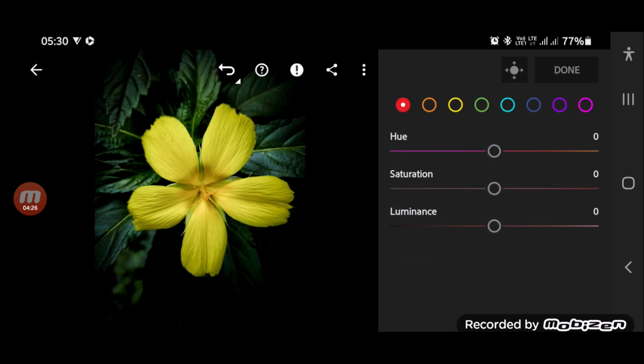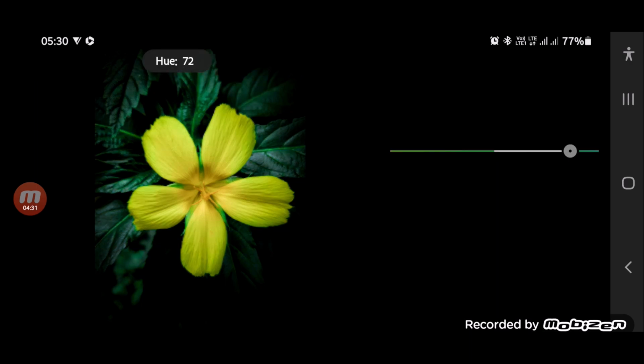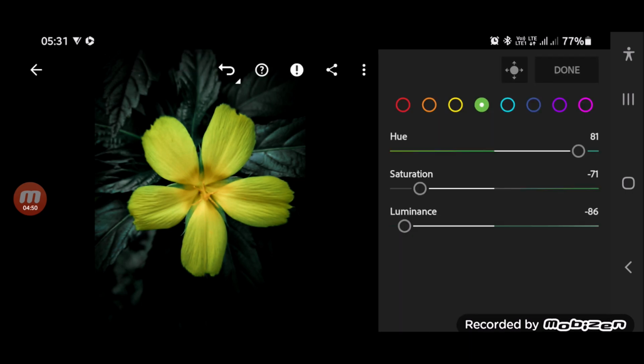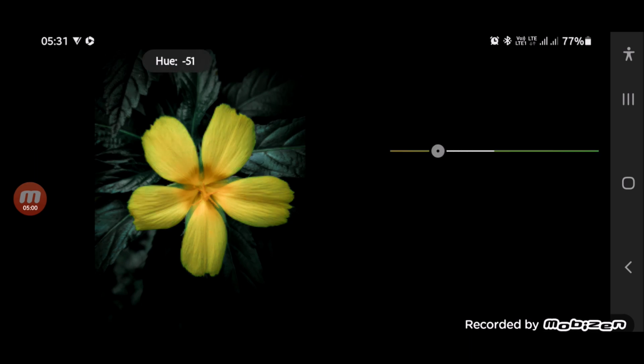Then opening the hue saturation panel, we will select green color. We will change the hue of the green color to a more bluish green tone by increasing it up to 81, and then we will decrease the saturation as well as the luminance. Since the leaves are all green, this adjustment will mostly affect the leaves, but we can see it is also affecting somewhat